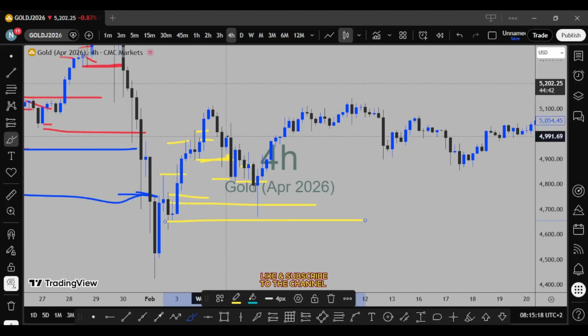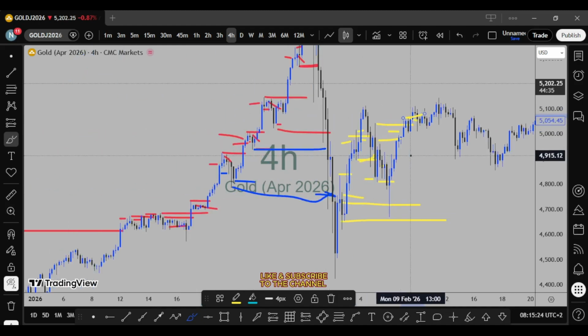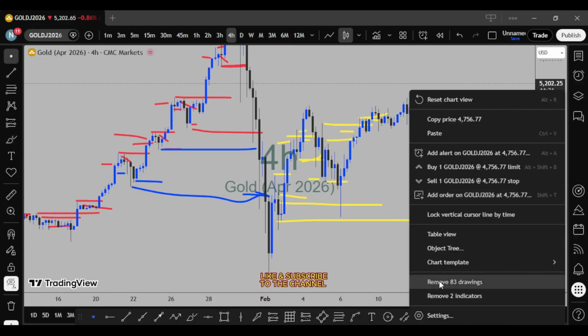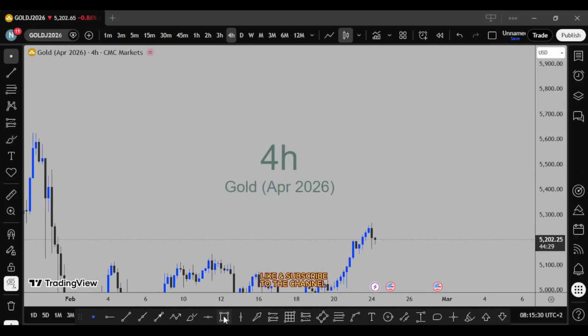Left, right, break. Left, right, break. So I can go on and on. So what's the takeaway? The takeaway is that for a break of structure, you need to have one candle,